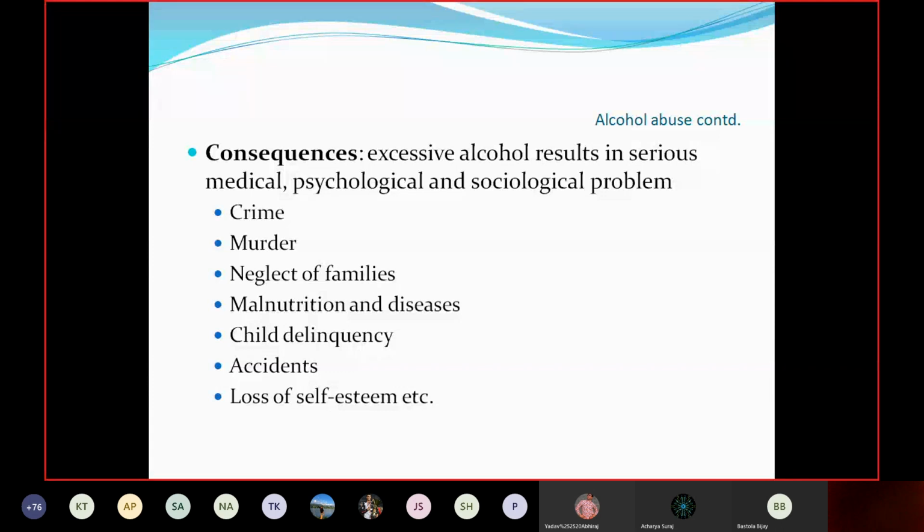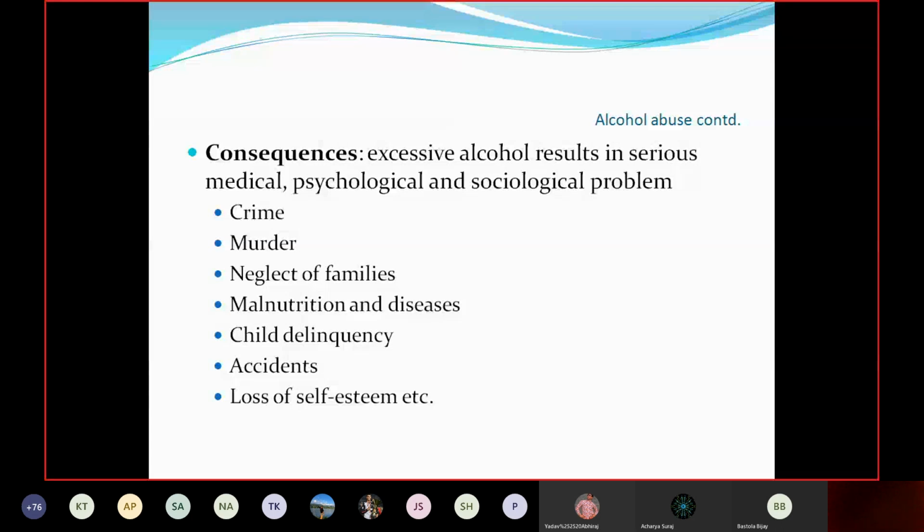Excessive alcohol results in serious medical, psychological and social problems. Recently there was a horrendous crime in Kathmandu related to alcohol consumption. Such matters appear every day here and there in social media. So lots of social crimes, vagrancy and delinquency are associated with alcohol abuse, like crime, murder, prostitution, neglect of families, malnutrition even, and child delinquency, accidents most frequently seen, binge